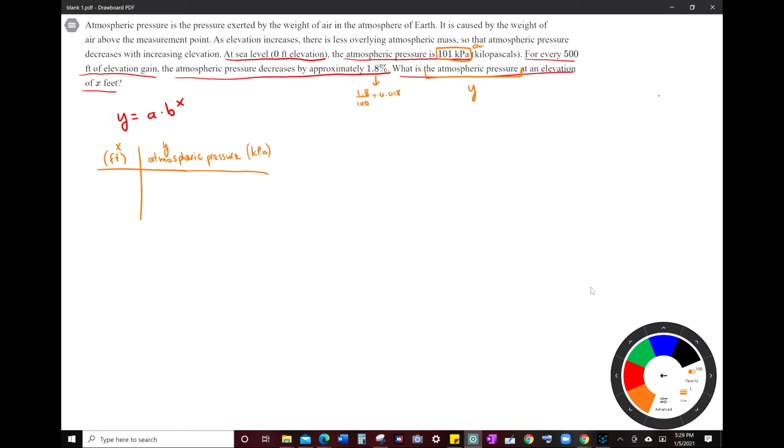At 0 feet, the pressure will be 101. Then for every 500 feet of elevation gain, the next value I'll have is 500, and that means I will take 101 and multiply by 1 minus 0.018, which is